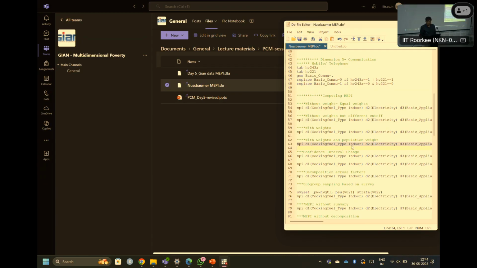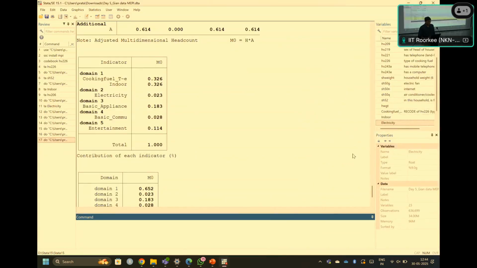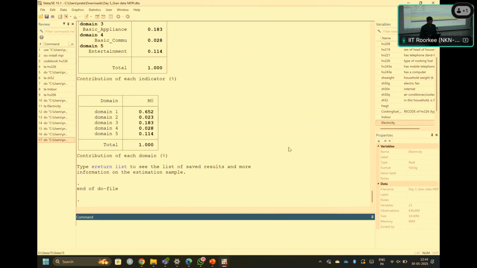Is it okay? And I think you remember very well, DHS follows a probability proportionate to size sampling design along with a multi-stage sampling procedure.